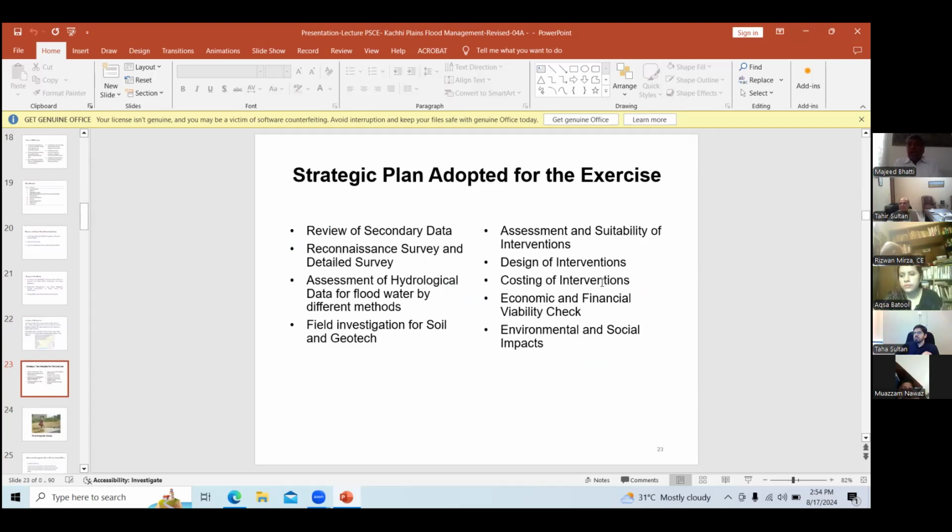Our strategic plan was to review the secondary data available with the client and other stakeholders, reconnaissance and detailed surveys, assessment of hydrological data for flood water by different methods, field investigation for soil and geotech purposes, assessment and suitability of the intervention, design of intervention, costing of intervention, economic and financial viability of the proposals, and then environmental and social impact assessment.